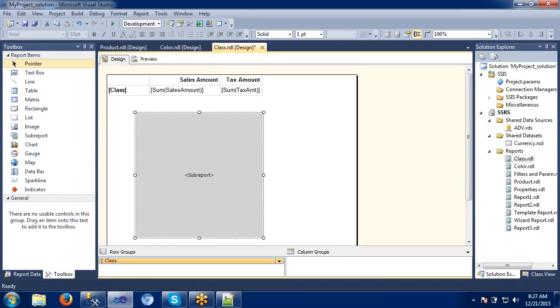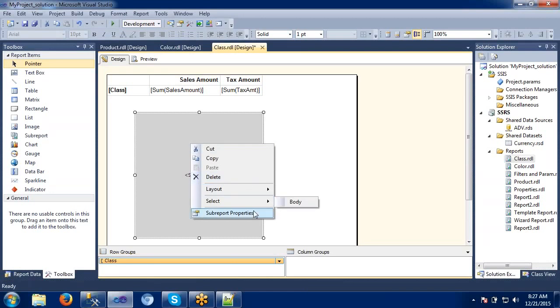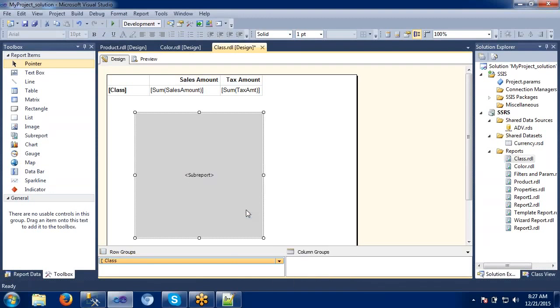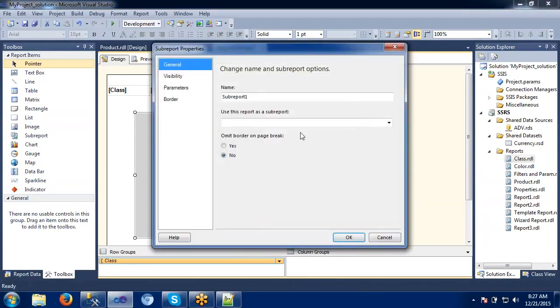This is the sub report. So what is this sub report and what is a drill through report? Let's get handy with this, then we can identify the differences between the drill through report and the sub report. Under this sub report, we select the sub report properties.